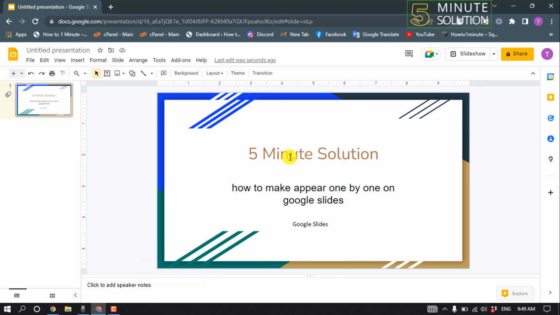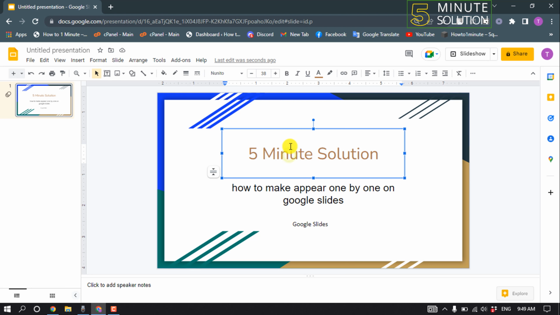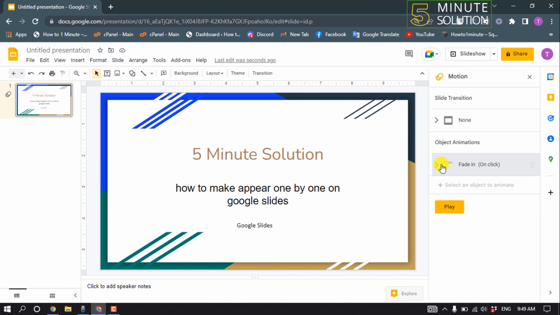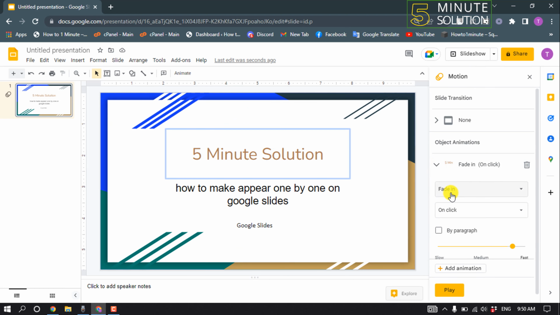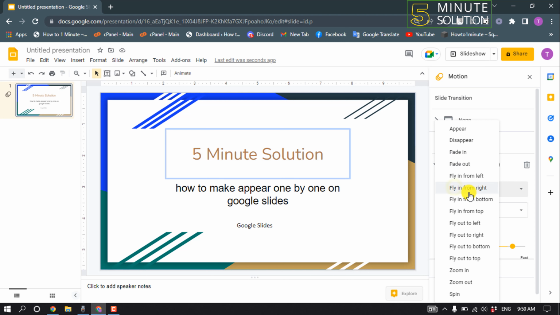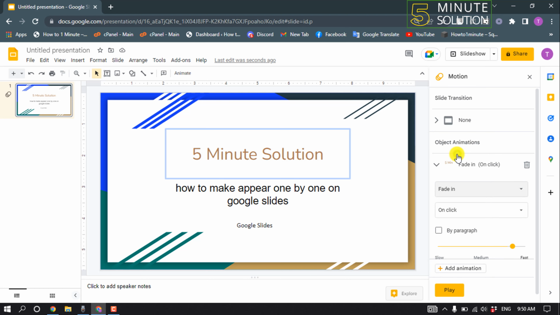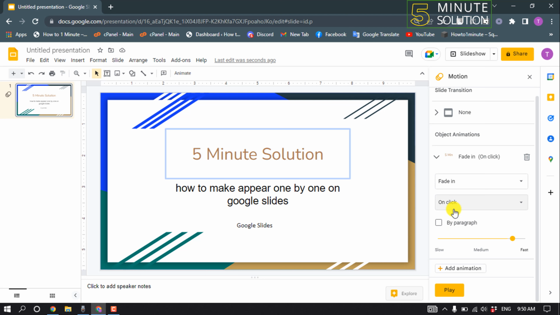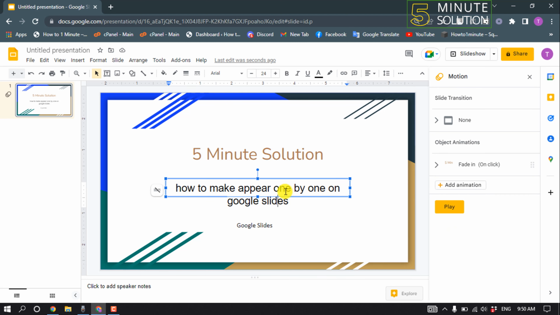So first of all, select the text and click on this three dot icon and click on animate, and here you'll find this fade in option, so tap on that and you can select any animation effect from this list and click on here and select on click, and now select your another text and click on add animation,